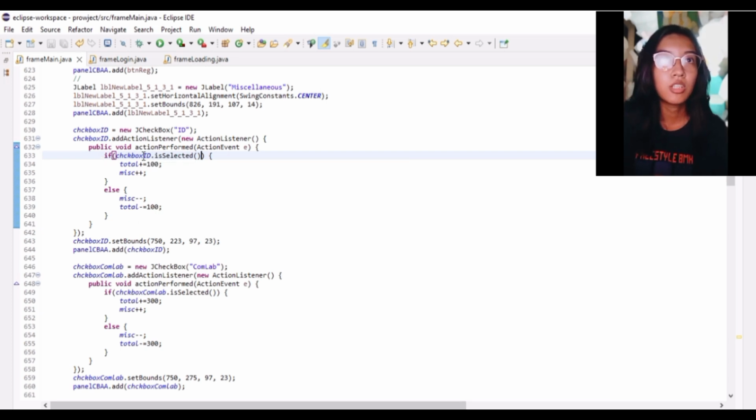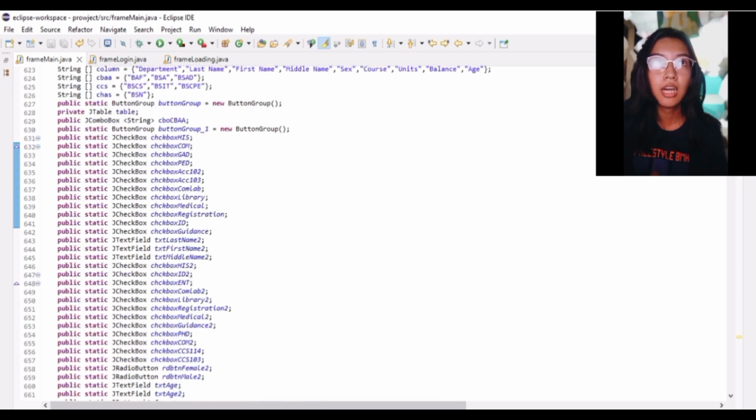The if condition is: if the checkbox ID is selected, the fee of the ID, which is 100, will be added to the total, and the miscellaneous integer variable will be incremented by 1 to show that a miscellaneous was selected.